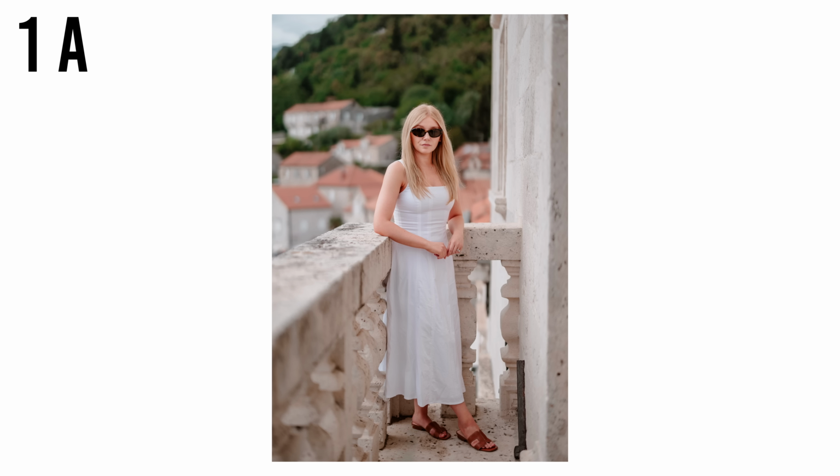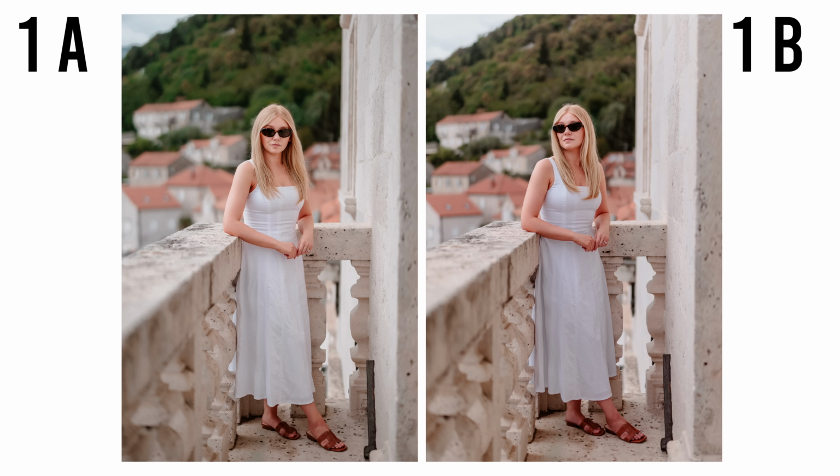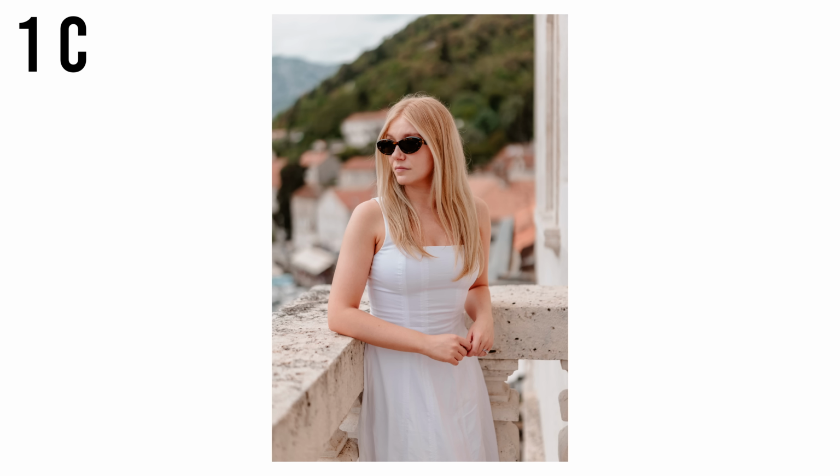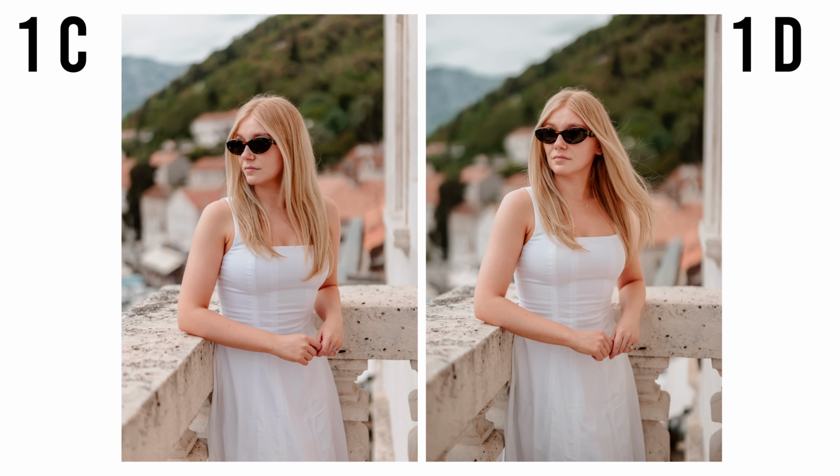So here's our first set of images, and in this one we've got a bit of foreground bokeh. So which of these shots do you think was taken at f1.2? And this closer in portrait is ridiculously tough. If I couldn't check, I don't know if I would know which one of these was taken at